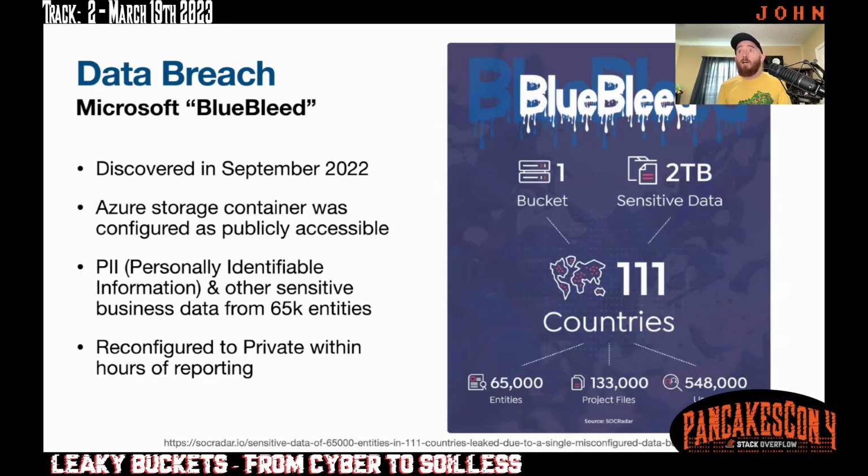It contained business-to-business information and included PII, personally identifiable information, and other business data like statements of work and project documentation from a large number of entities. Again, when this was discovered and reported, it was reconfigured relatively quickly to no longer be public.